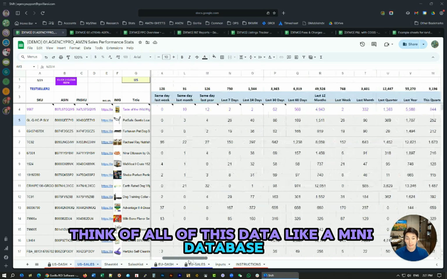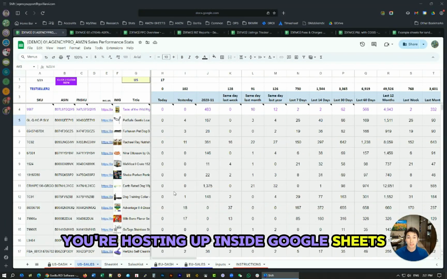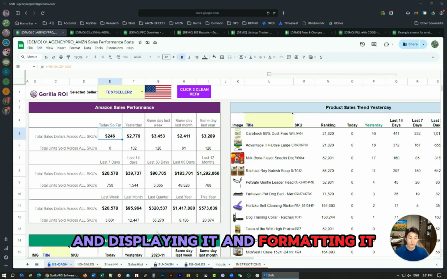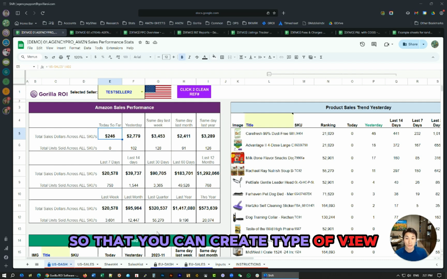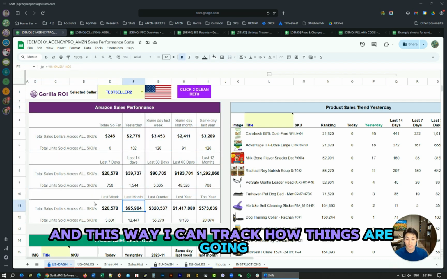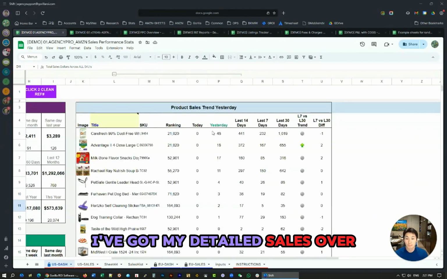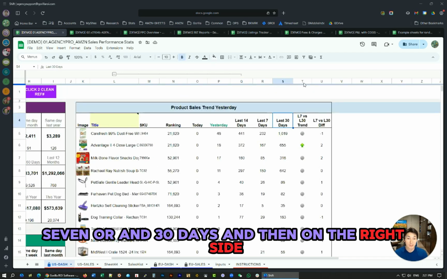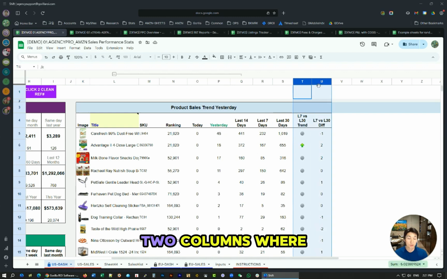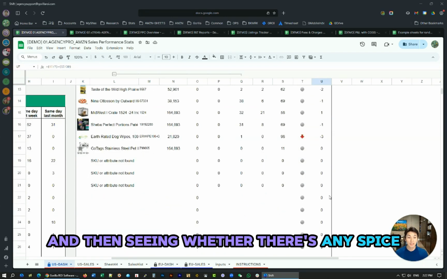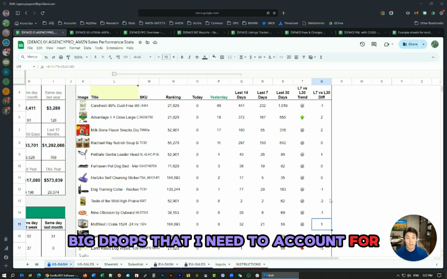Think of all of this data like a mini database. You're hosting it inside Google Sheets, and then you're pulling it into a separate tab and displaying it and formatting it so that you can create the type of view that you're looking for. So I've got my main sales performance, and this way I can track how things are going. I've got my detailed sales over some specific periods that I want, 14, 7, and 30 days. And then on the right side, I've got two extra columns where I'm comparing the last 7 days of sales with the last 30-day sales,